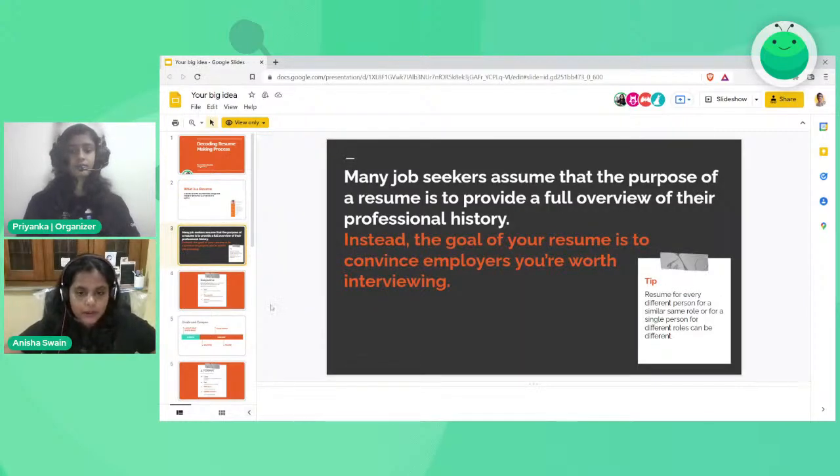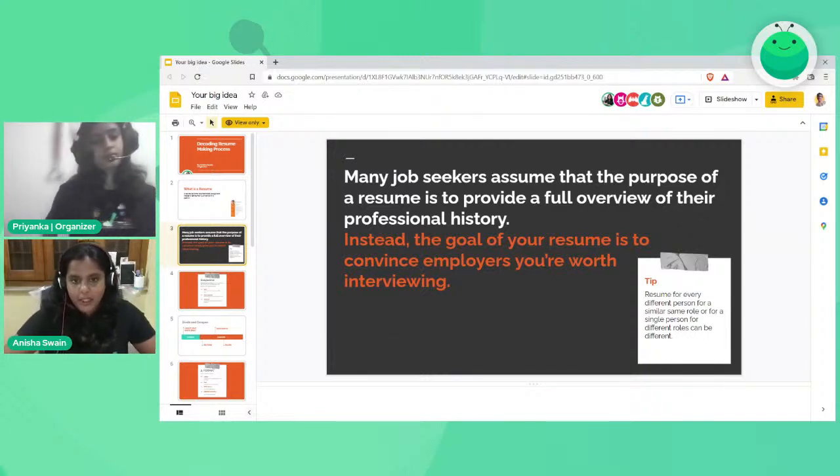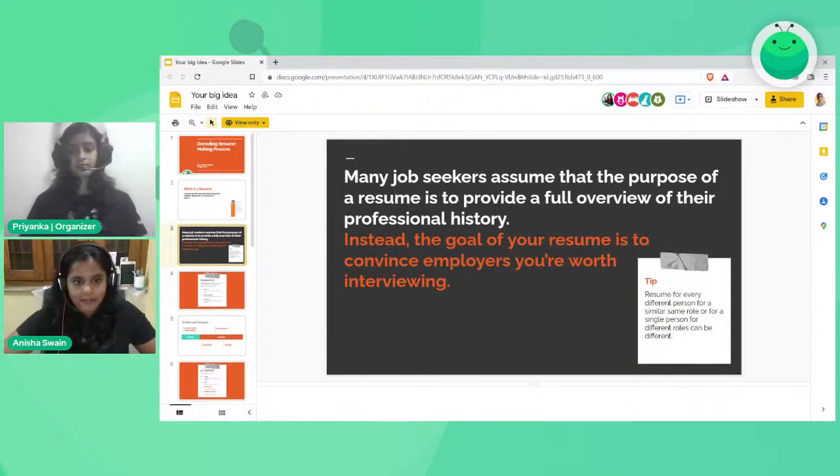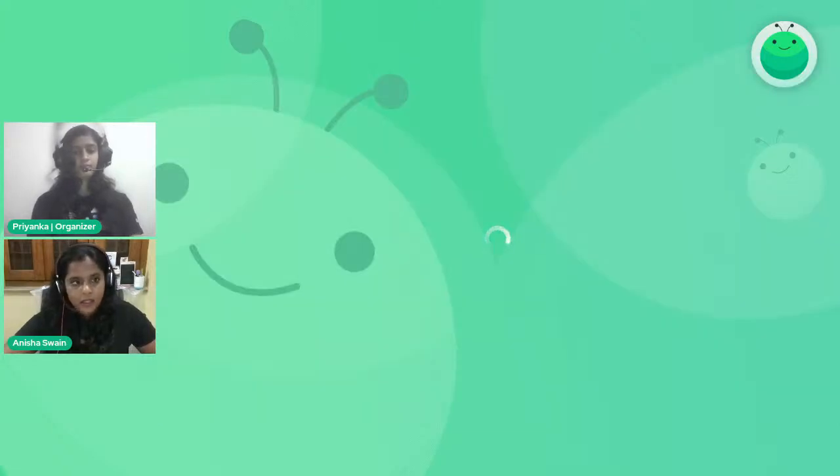Now there is a thin line here. Many of us, by default, assume that the purpose of making a resume is to provide all the information about us. We try to make it like our personal journal, where we throw in everything we have done and achieved, like a professional history, like a personal diary for your personal events. But instead, the goal of making your resume is to convince